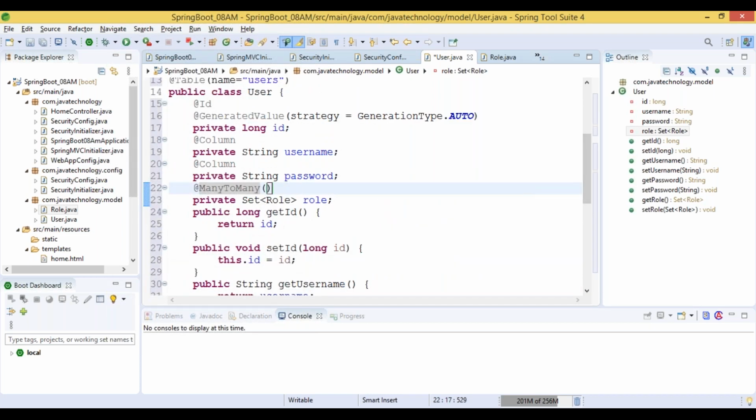So what are the steps we need to write here? No idea?